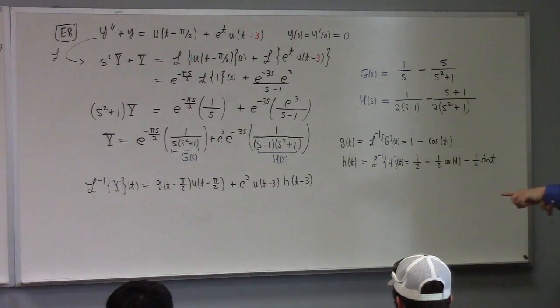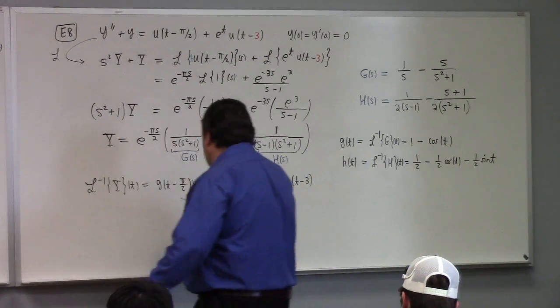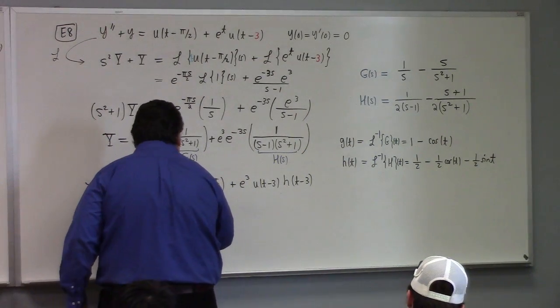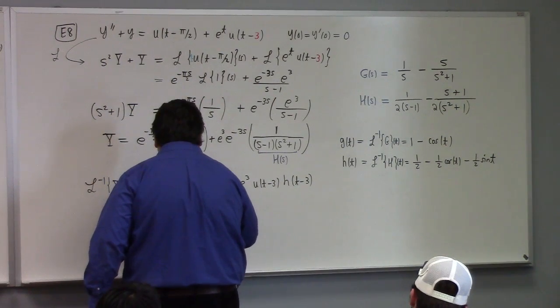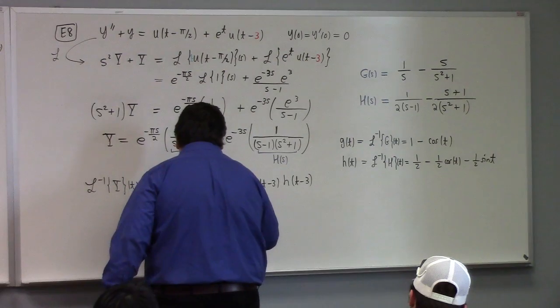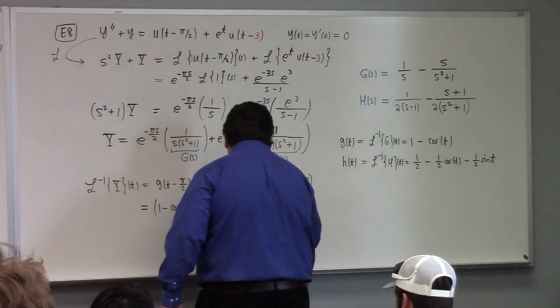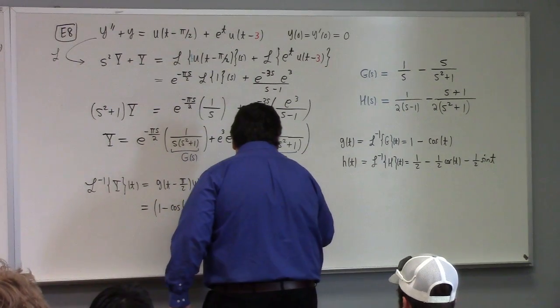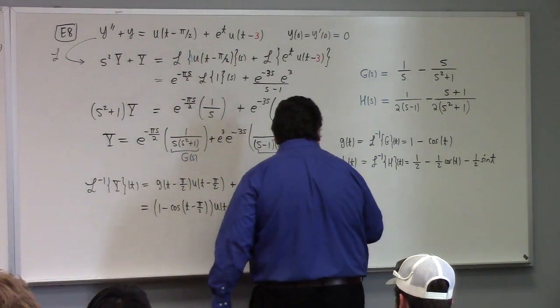So what we got is 1 minus the cosine of t minus pi over 2, all times the unit step function of t minus pi over 2, plus e to the power 3, u of t minus 3, all times big parentheses here, h of t minus 3,